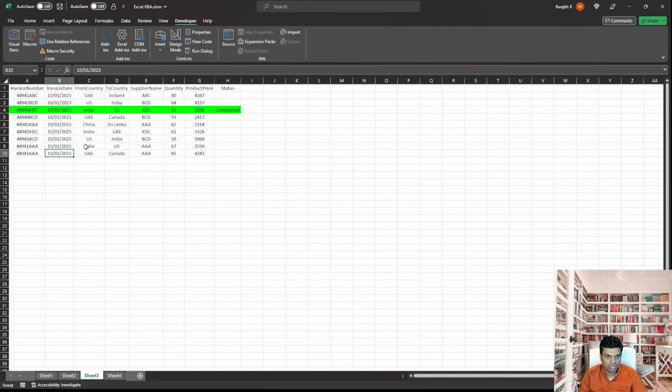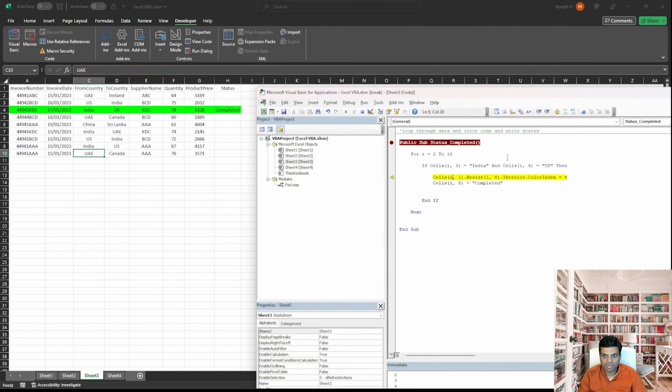We are on 9th row. Here I'm adding a space over here. Now you will be surprised that this will not match, even though it's India and it's India. But if you notice, there is a small space after India, and because of that, the data will not match and it will not go